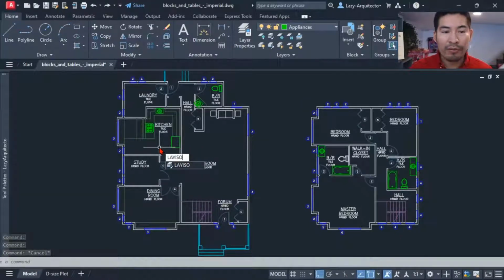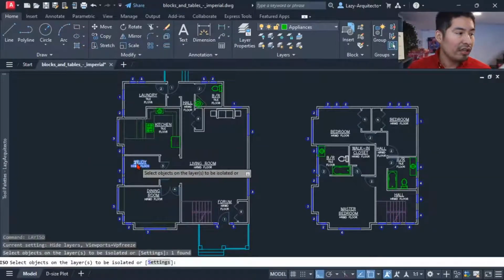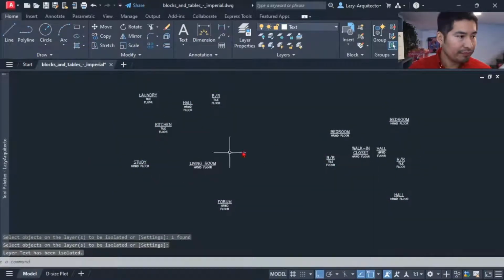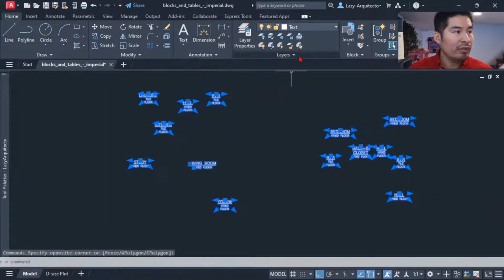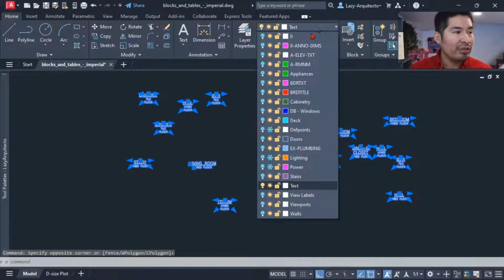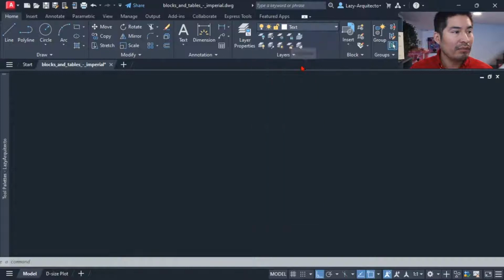We all know about LAYISO. So we can quickly isolate a piece of text or layer, and this way we could change to our preferred layer, right? Let's say a room name. Let's do that.